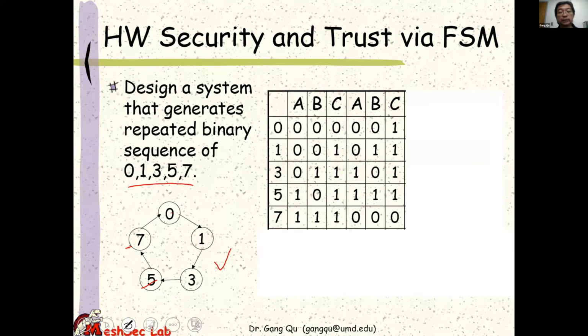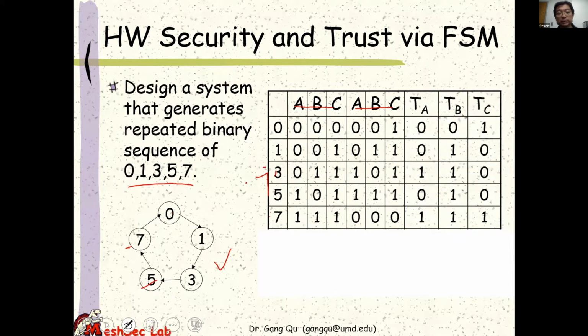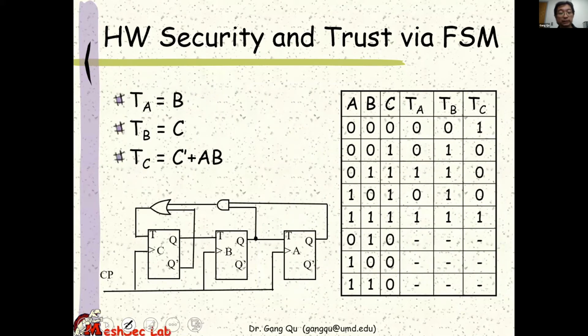And this is another representation of the state machine, which we call the state transition table. These are the states, these are the flip-flops that implement each of the states, and this will be their next states when you do the transition. When we do the typical design, I'm going to skip all these steps and show you the design here. Eventually we implement this using 3 T flip-flops: flip-flop A, flip-flop B, flip-flop C.